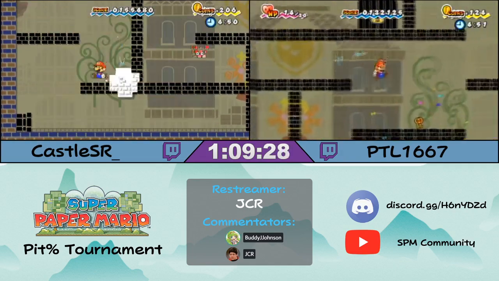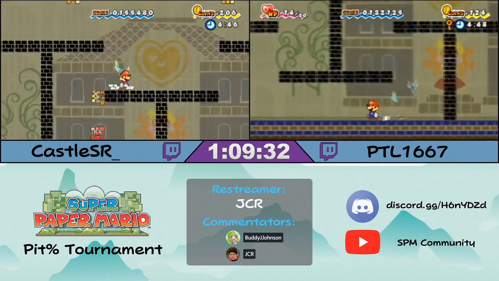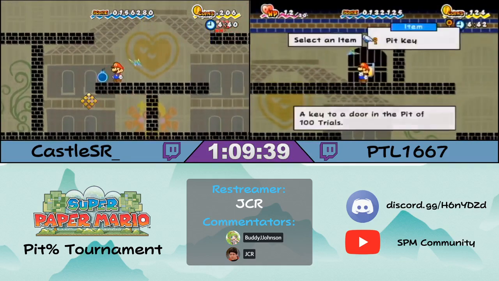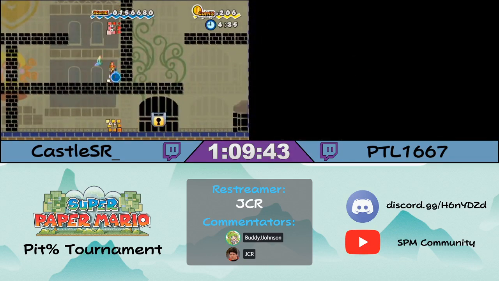Speaking of healing items, looks like Castle's gonna need one, dude. Either that or that Courage Shell that he has. See if that would even do anything. If something does 1 damage, it makes it do 0, so...